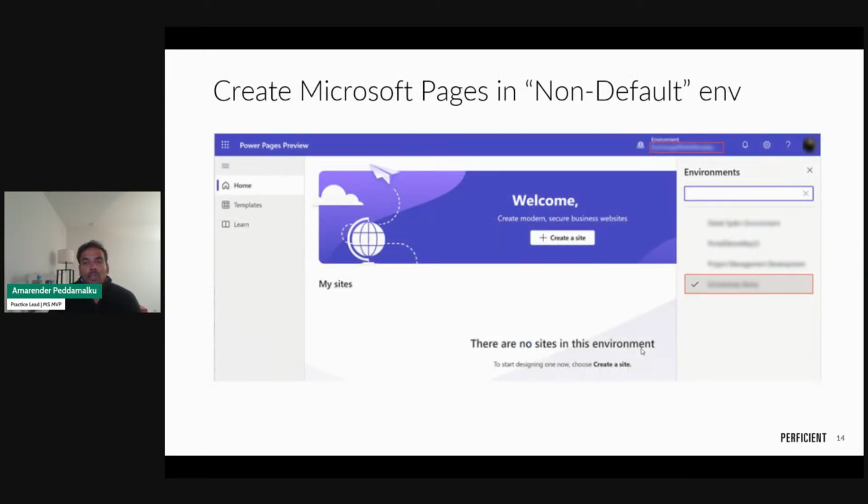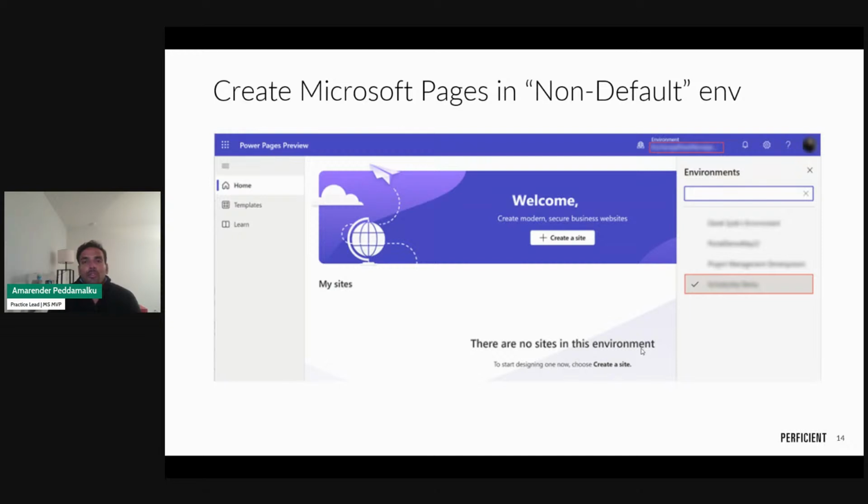And we'll shortly see a demo, but first, environments. In Microsoft Power Platform, you can only build Power Pages in non-default environments. So think of environments as buckets. They hold a couple of components and solutions together, and you build Power Pages in one environment and you take it from one environment to the other. Think of them as like a dev environment, and then staging, and then production environments. By default, you get a default environment out of the box in Power Platform, and you cannot create Power Pages in that environment.